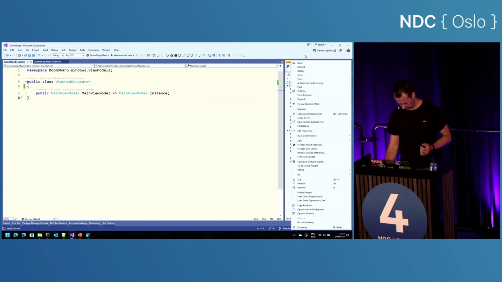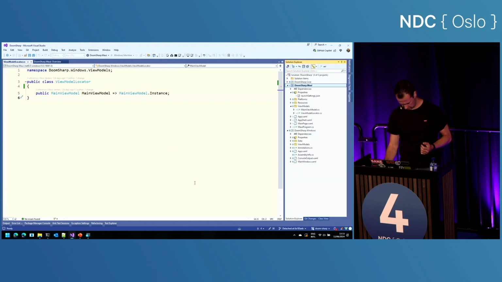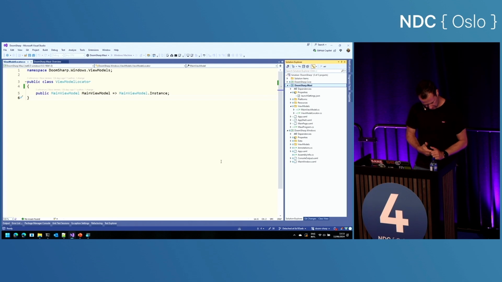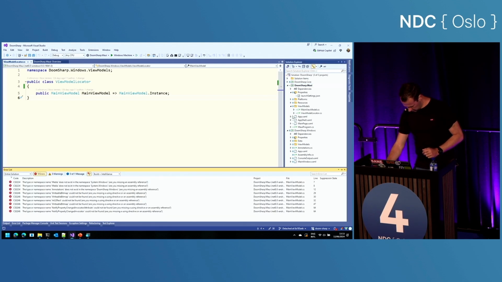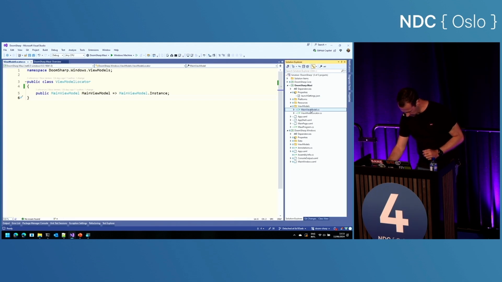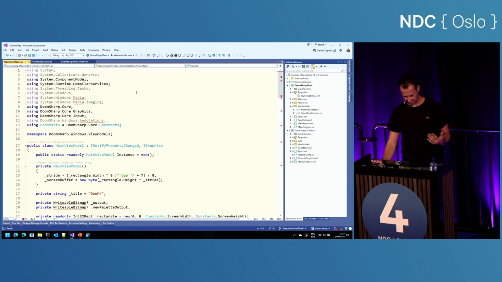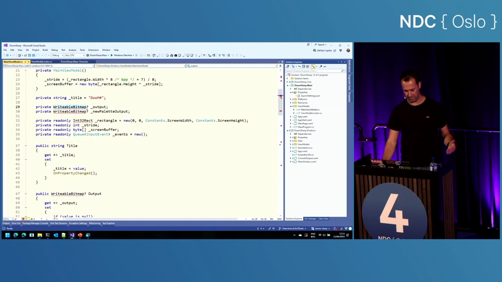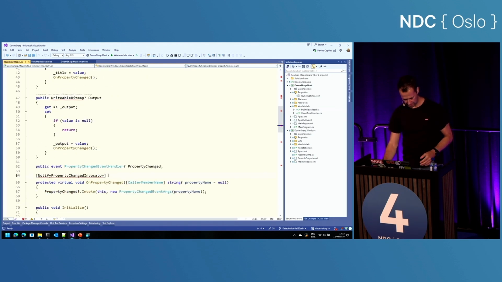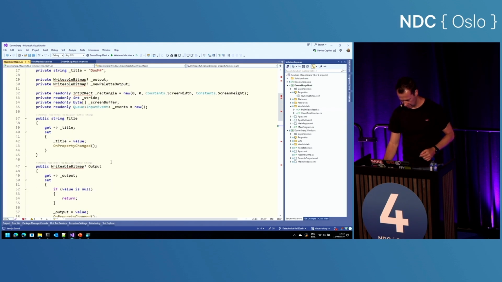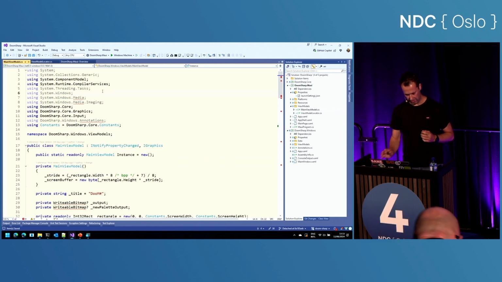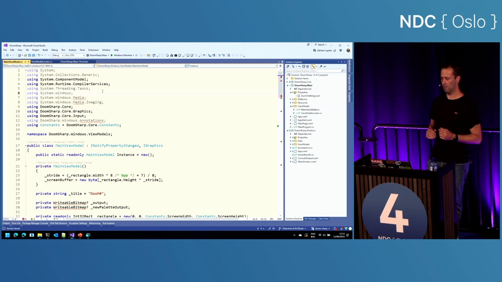There we go. Let's see if we can build still. All right, errors. That's good. That's exactly what we needed. So if I open up the MainViewModel that I just copied from the WPF project into the MAUI project, you will start seeing a lot of errors because WriteableBitmap doesn't exist, for example. And I can already remove this. So now we've got the task of cleaning this thing up.